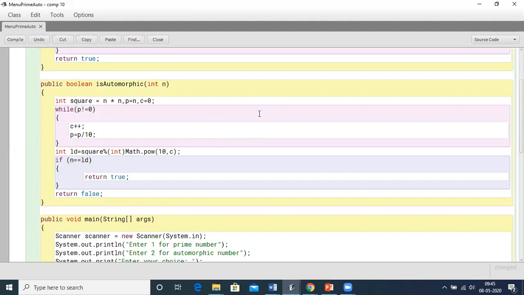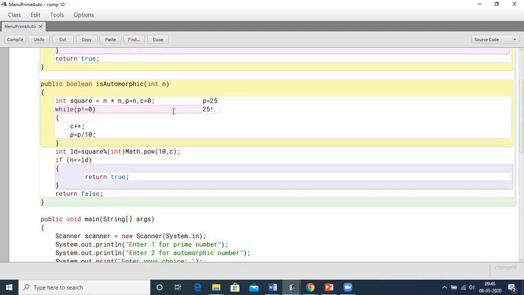Suppose the number I'm storing in P, because that number will become 0 eventually. That is why in P I will store the number 25. So 25 is not equal to 0.